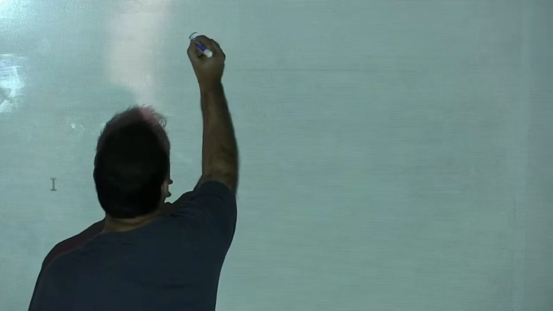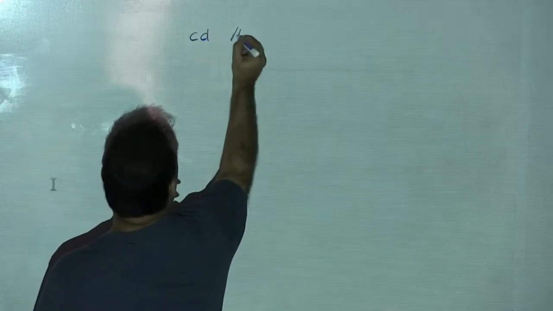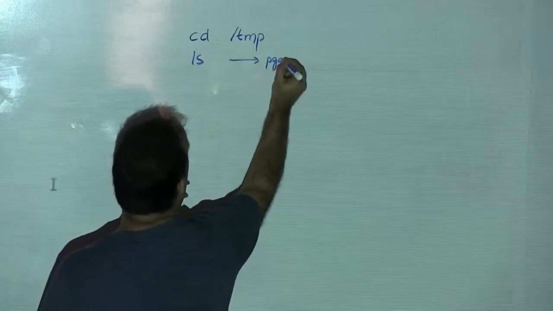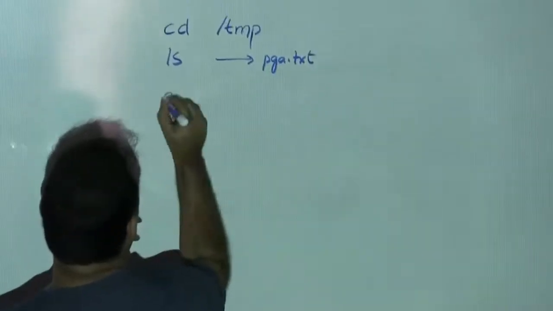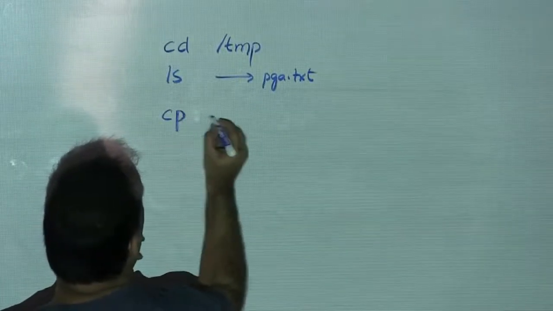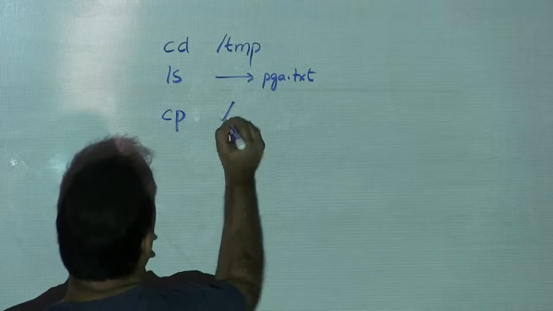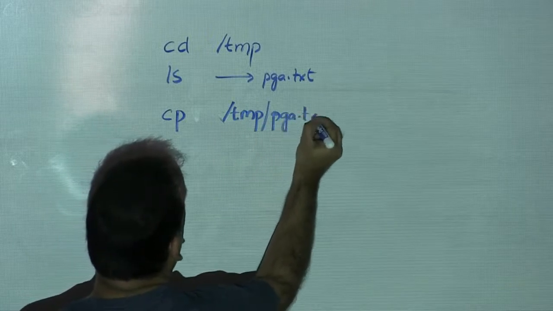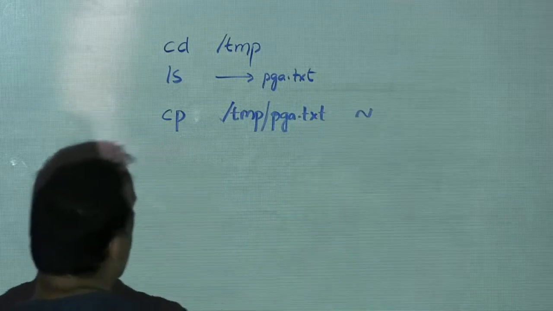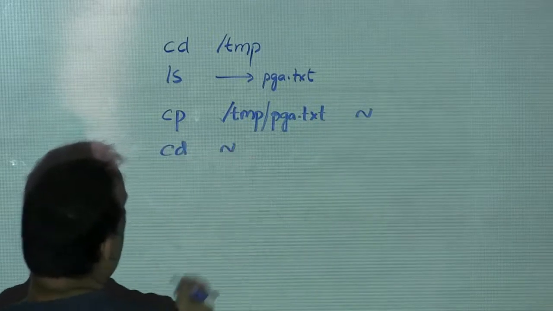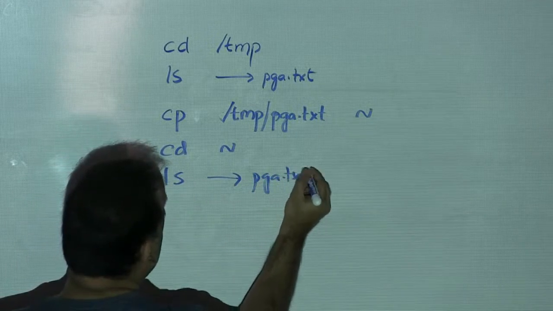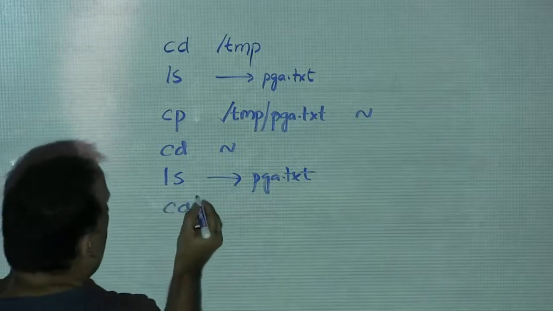So first thing, what I did was, I said change my directory to /tmp, and then you did ls to verify that there is a file called pga.txt. Then we said cp the file from the temporary location called pga.txt to my user's home. Then we went back to our home. Then we said ls, and then we verified that there is a pga.txt. Now we want to read this file, cat